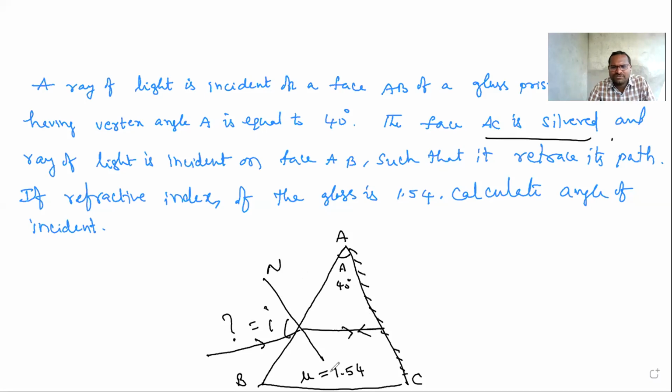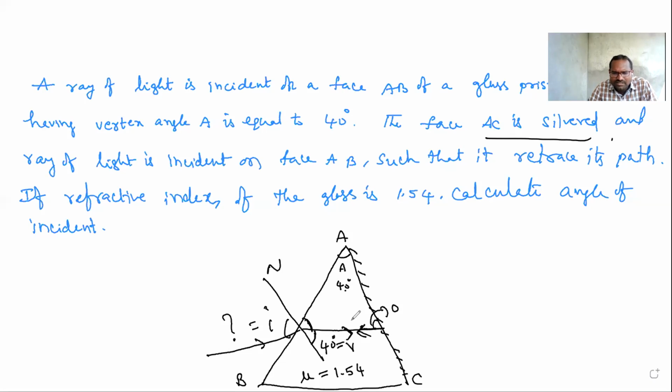First thing what you need to do is see, as this ray is retracing its path like this. A ray can retrace on a mirror when it is incident along the normal, meaning here the angle is 0. This angle is 0. If this angle is 0 and this is 40, then what will be this angle, Anna? 180 degrees, no, means 140. Means this will be 40 degrees. Sorry, this is 40 degrees. Clear, students? Hope you are understanding clearly. So this angle we got 40.